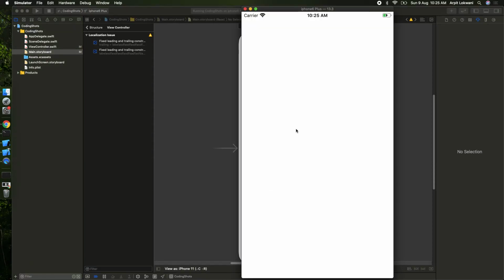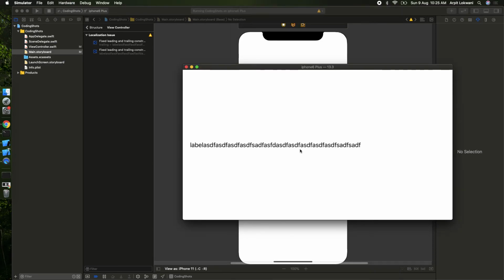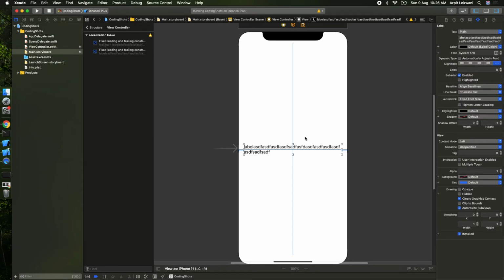So this is the basic stuff which I told you about constraints. Now you can play with the text field also, or whatever you want to do. See how it is looking, and we can navigate to the center. Now you can say it should come to the center part. So there is a property called alignment. It will be center aligned. So let's see how it is looking now.